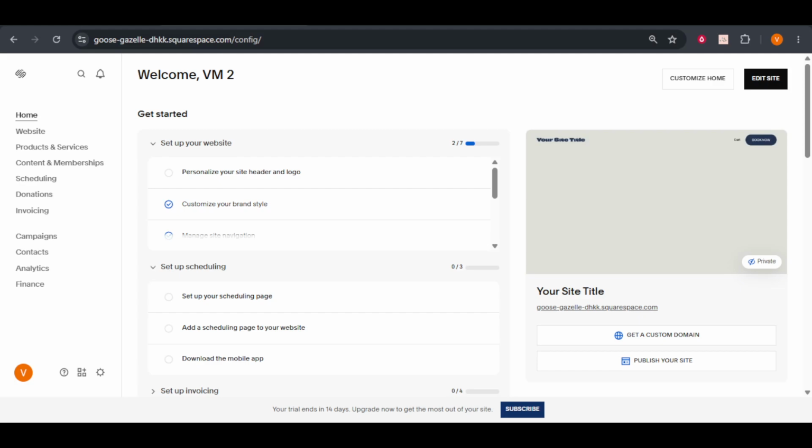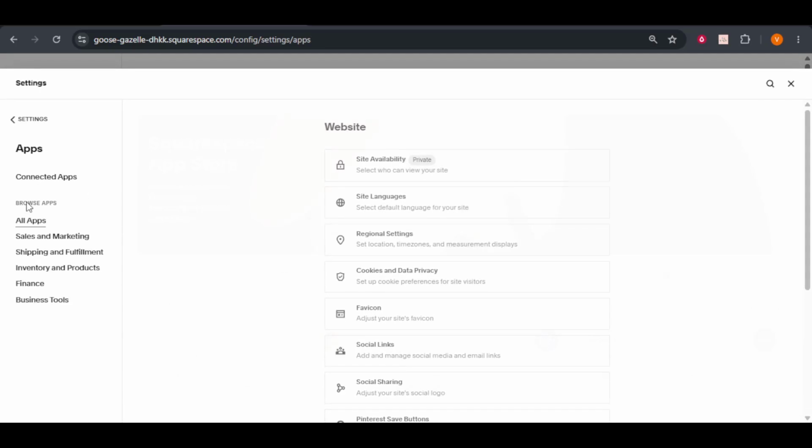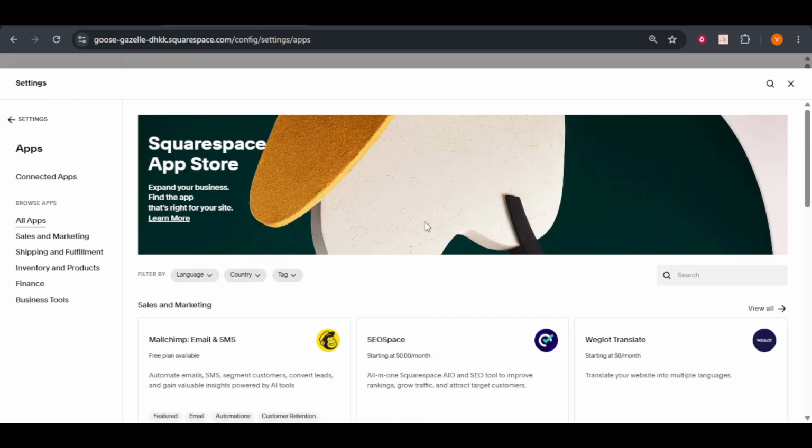Once you're there, take a look at the left-hand menu. You'll want to navigate to the settings section, which is where you can adjust various aspects of your site. Within settings, find the extensions option. If you don't see extensions right away, it might be directly on your main dashboard navigation, so keep an eye out for it. Extensions are like little helpers that expand your website's capabilities, and Printful is one of these handy